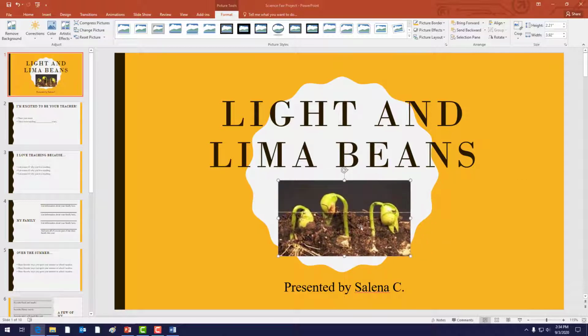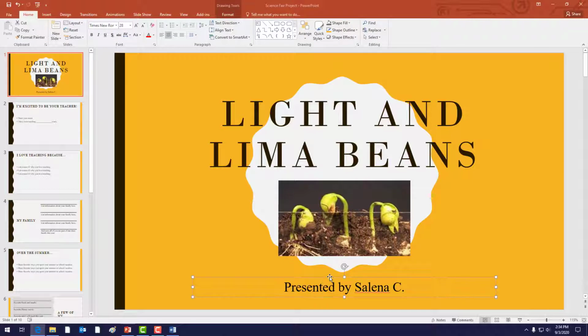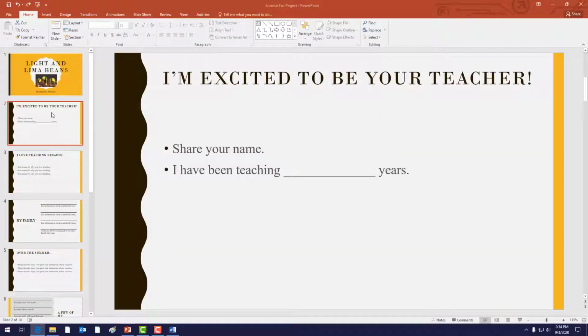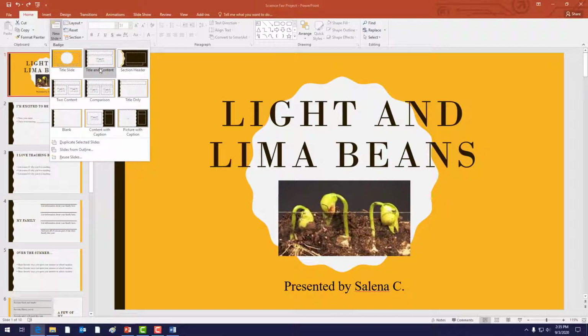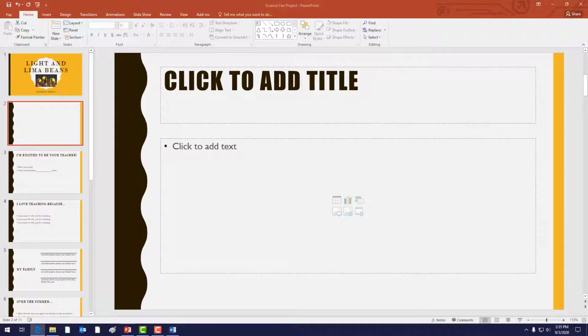And you'll see I can also adjust the size of the text box and make them bigger as well. Now I actually didn't have to insert any slides, but just in case, remember if you ever need to insert a slide, I would select the title slide here and then I could go new slide, title and content, or whatever slide style I wanted. So here on slide 2,